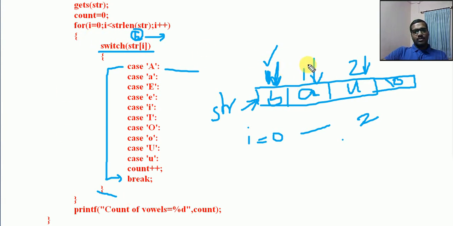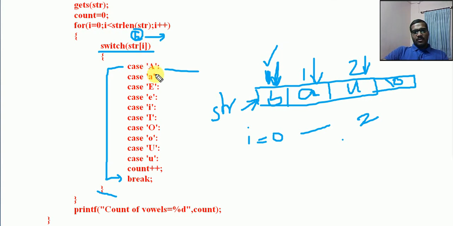Switch on this character, on the location 1. So this is actually indicating a character.